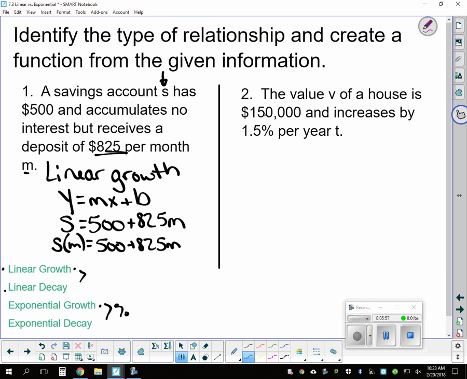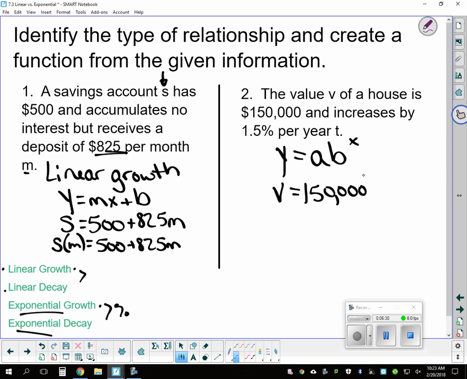Okay, the value V of a house is 150,000 and increases by 1.5% per year. So that goes back to what I said down here. If you see that you're increasing or decreasing by a percent, you should be thinking exponential. Exponential is always y equals a times b to the x, and then you have to do some extra stuff in there. In this case, we're trying to find the value, so y is our value, equals A is your initial amount, so in that case, this is $150,000,